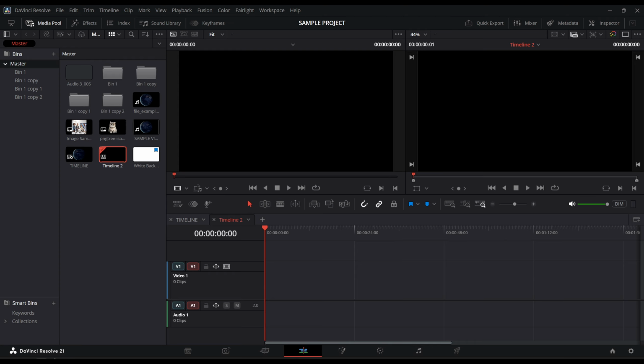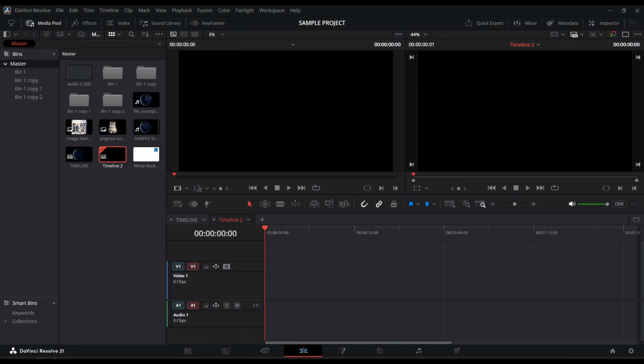If you don't immediately notice a change, just double-check that you right-clicked on the timeline itself and not on a clip or an empty area in the media pool. That small detail can make a difference since the menu options depend on exactly what you select. It also helps to make sure the timeline already exists in the media pool before trying to enable it. This is a simple process, but it can save time when you're managing multiple timelines or troubleshooting project organization inside DaVinci Resolve. Knowing where this setting lives makes it much easier to stay in control of your edit and avoid